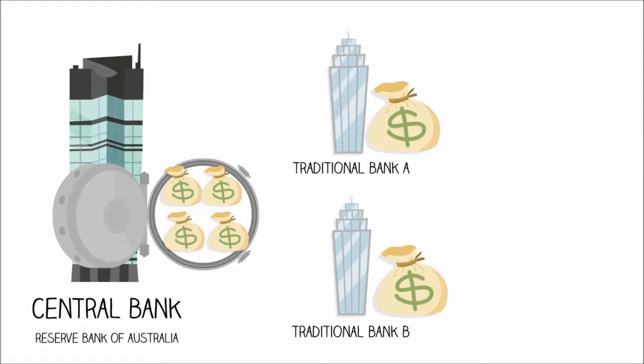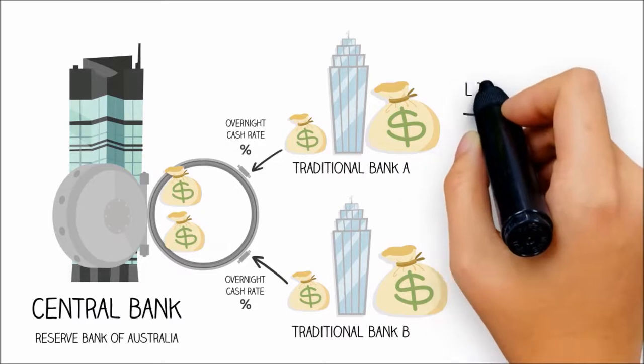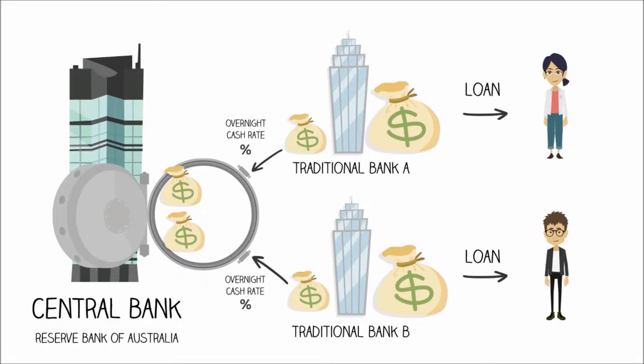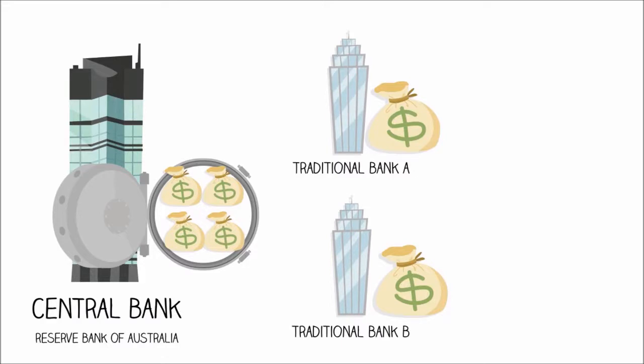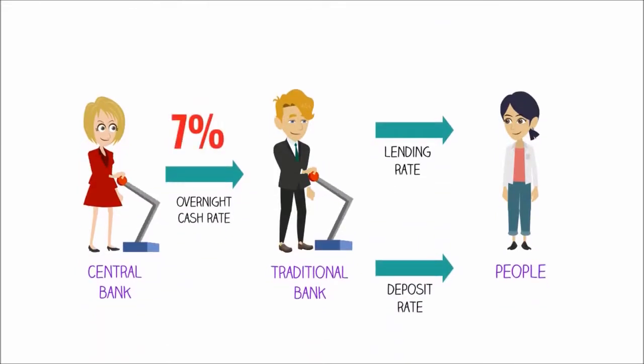So the way it works is that the central bank will lend deposits back to the traditional banks at a specific rate called the overnight cash rate. If the overnight cash rate is low, banks will find it easier to borrow from their deposits, giving them more ability to lend out to people and businesses and help expand the economy's total money supply. If the overnight cash rate is high, the banks will be discouraged to borrow from their deposits. This means the banks will have less money to lend out to people and businesses and help contract the money supply. So a tool that the RBA uses in monetary policy is setting the overnight cash rate for traditional banks.